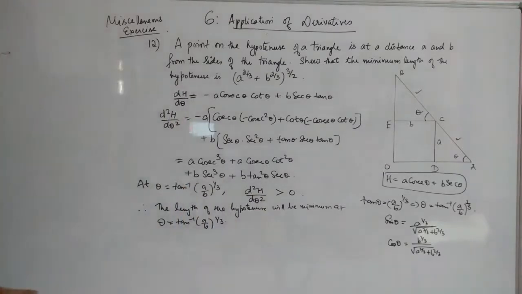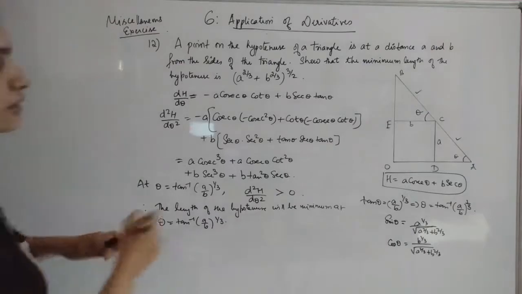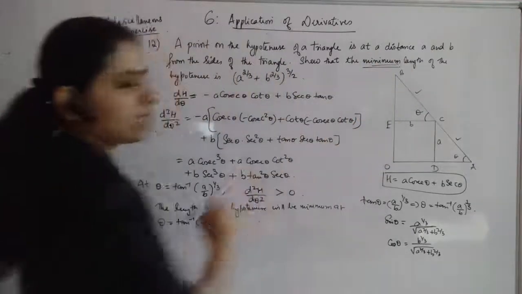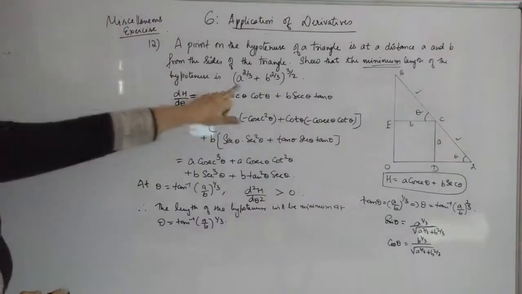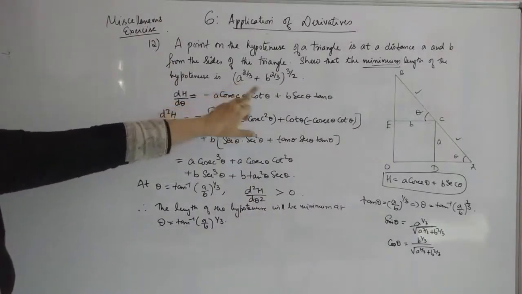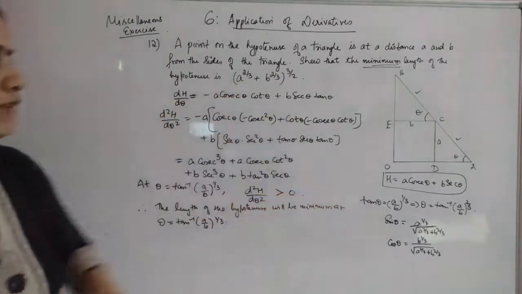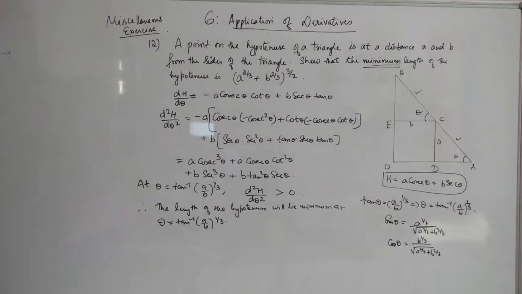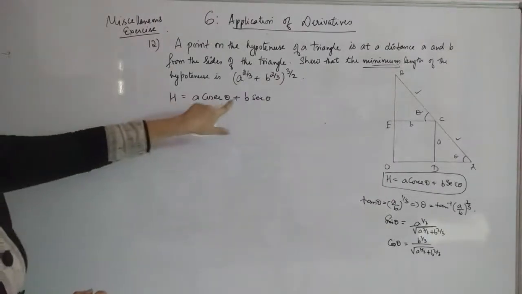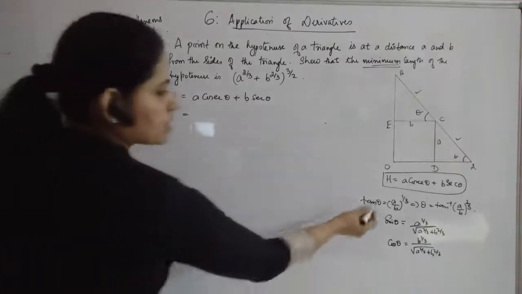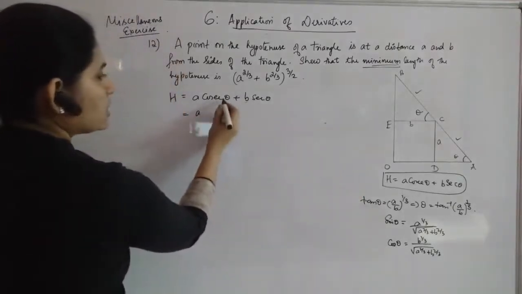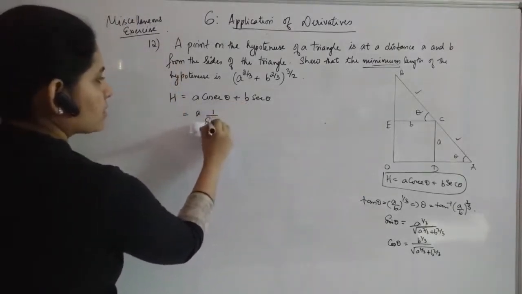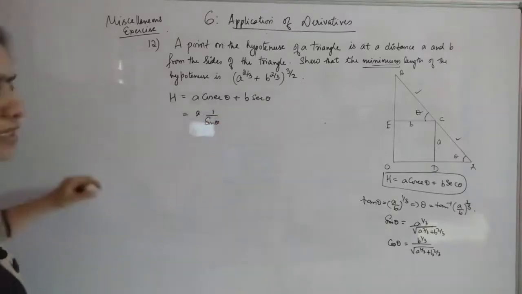Now one more purpose is left, that is you have proved that the thing which you are getting will be minimum. Now you have to get the value of the hypotenuse. For that you have to go for what you have taken as the function. In that function you have to replace the values. Equal to A cosec theta plus B sec theta, we are replacing the values which we got. Now cosec theta means it is 1 by sin theta, right? Or you can take the reciprocal of sin theta here.